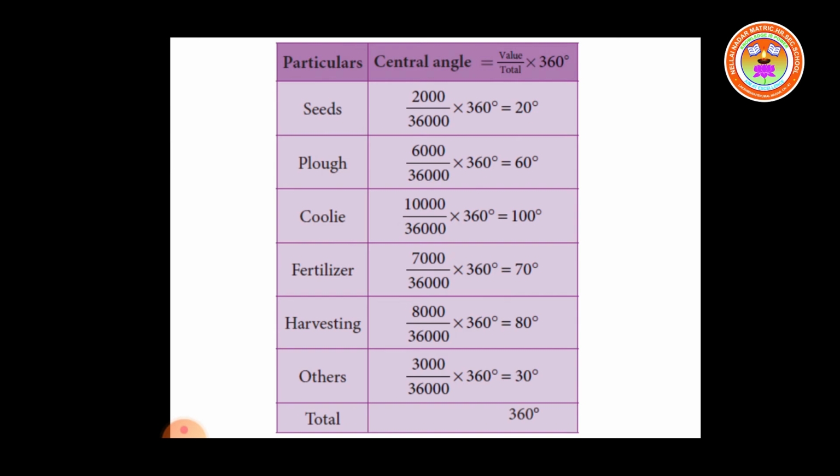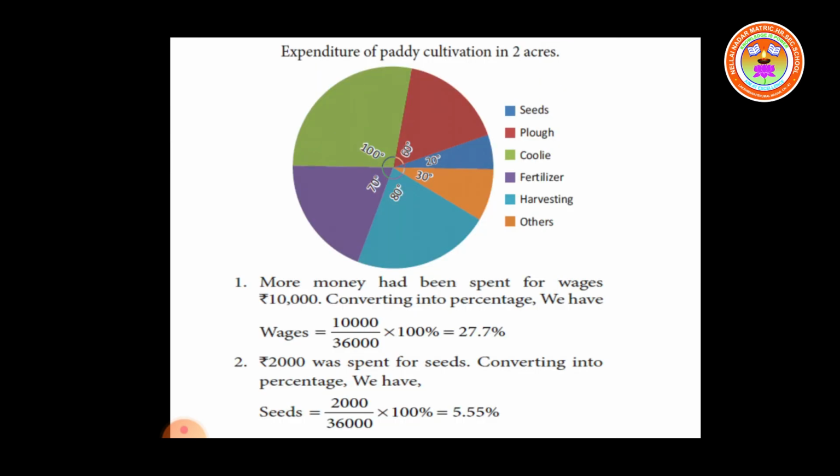Next one, we will construct the pie chart. See the given diagram. First you have to draw a circle, then you draw a horizontal radius. Then using protractor you make angle 20 degree. So from that line and also using protractor you find 60 degree. Then next one 100 degree, after that 70 degree, after that 80 degree, and the remaining will be equal to 30 degree. So for verification you should color. Okay, each color you can use, and then you write what color represents what field.